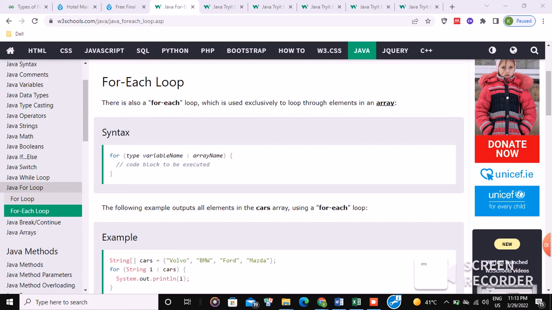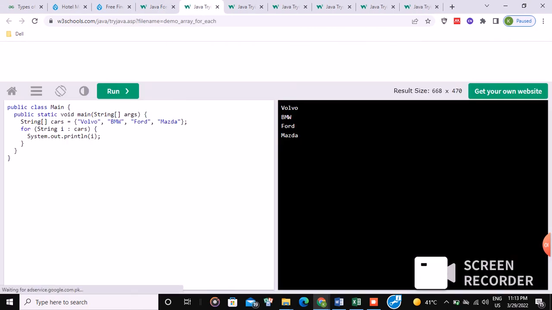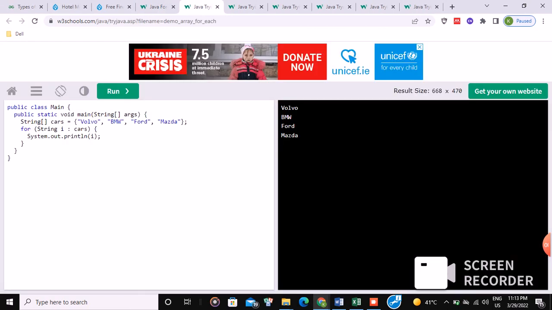It is also used to work in an array. A for loop is also used in an array like here given. We can print it out, and we have all of our given names. Like we use for String i, colon, cars. These are the names of cars given: Volvo,